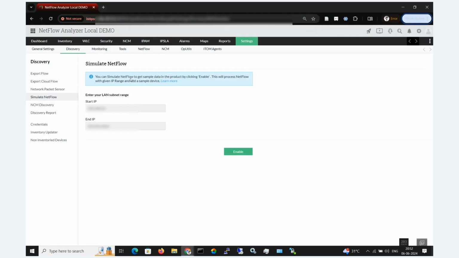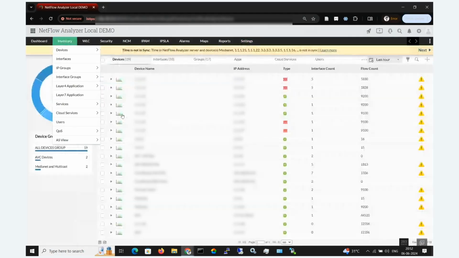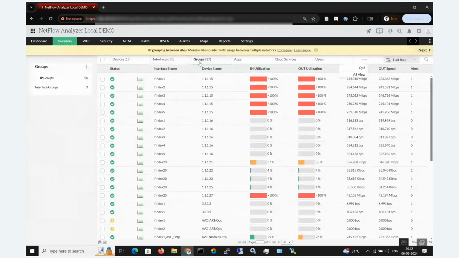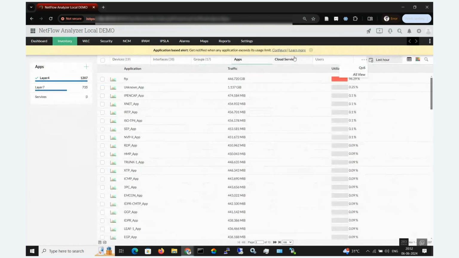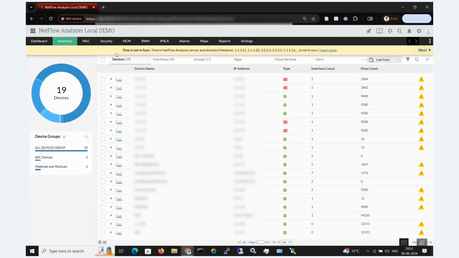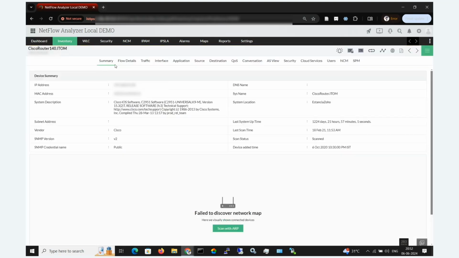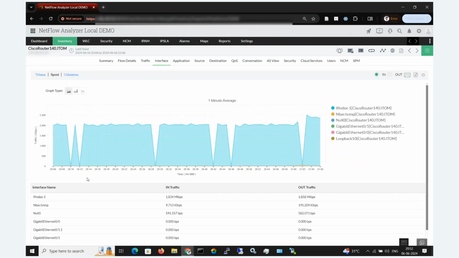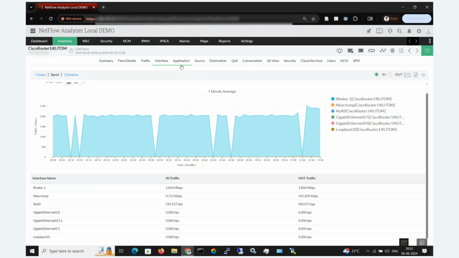In the UI, under the Inventory tab, you can find all the device names and the interfaces, the groups, applications, cloud services, users, along with QoS and AS view. So by clicking on the device, you'll be able to see the traffic of the device with its traffic summary, the flow details, and the list of interfaces under the device, its applications,